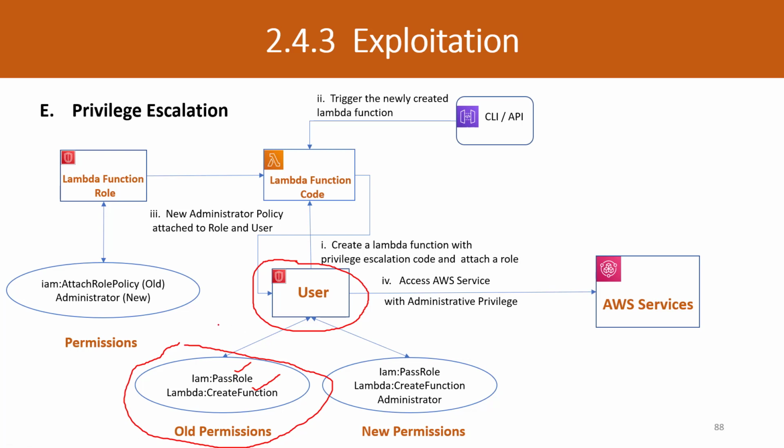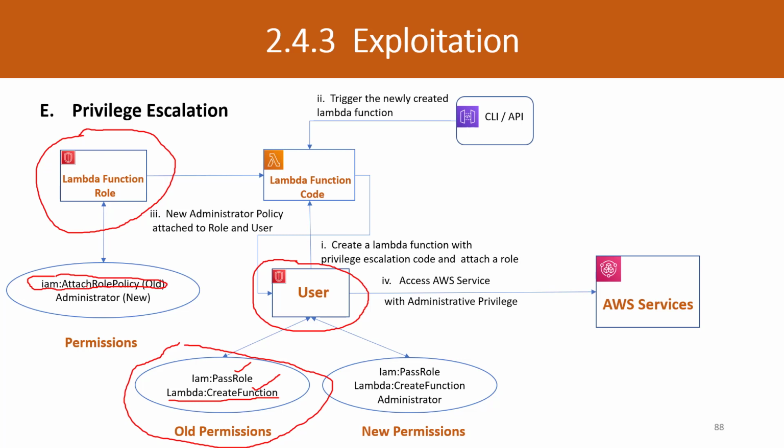You can see we have a Lambda function, and this user has permissions on Lambda, so this user can create the function as well as pass the role to these functions. On the other hand, we know that there is already a Lambda function role in the AWS account, and this is the policy which this role contains. In this policy, it is mentioned that this role can attach a policy